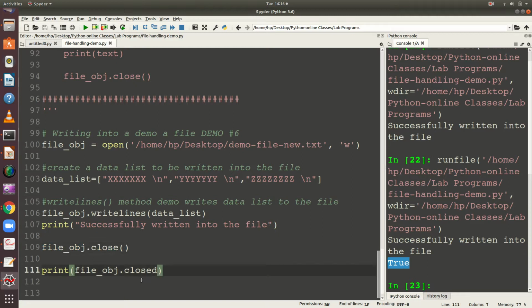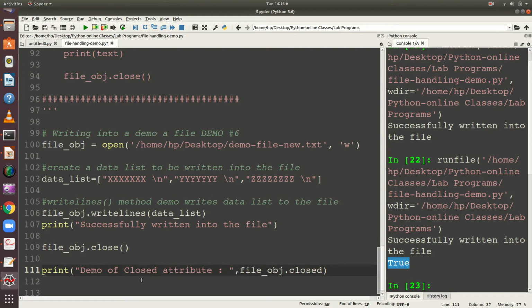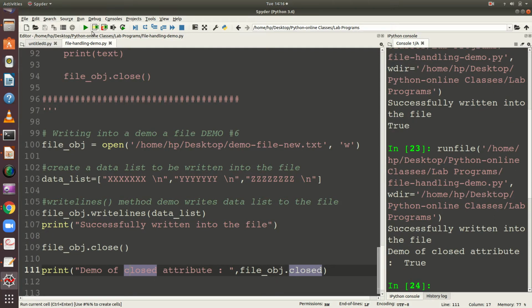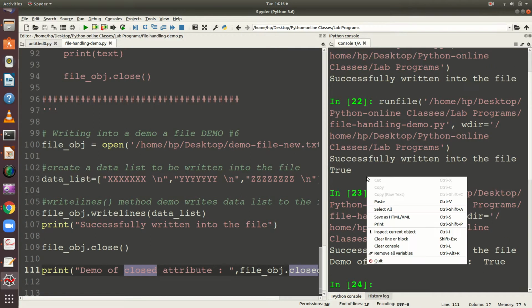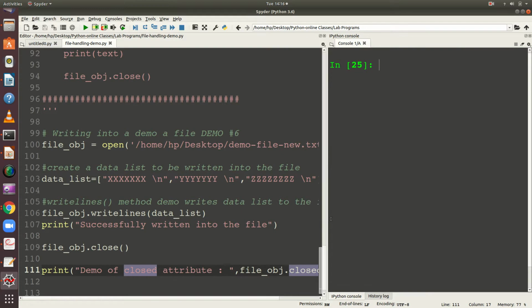Okay, so if you want the demo of the closed attribute, closed in small case, when I run the program, it says it is true. Okay, let us clear the console.